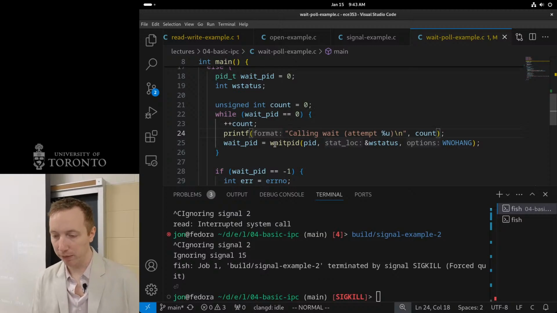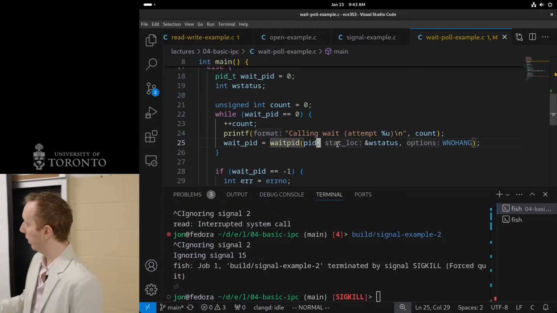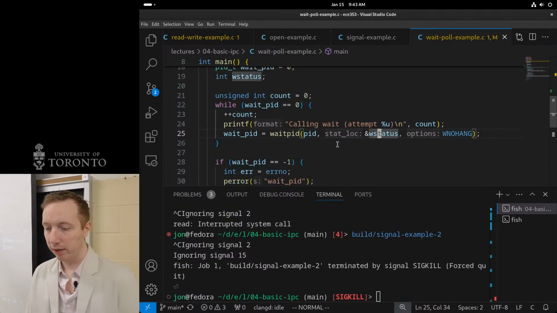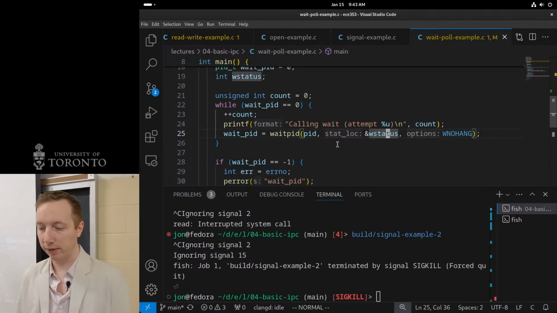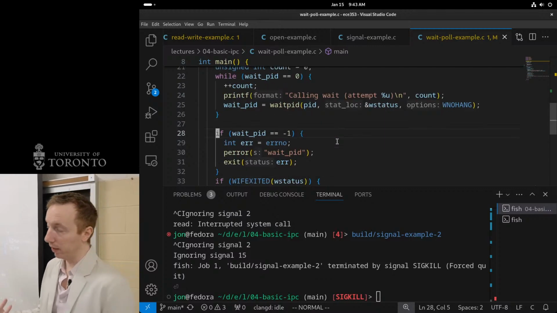So I'll print calling wait and attempt, and then call waitpid, give it what I got back from fork, which is the PID of my child, fill out wait status, give it that no hang option, and then after I break out of this loop,